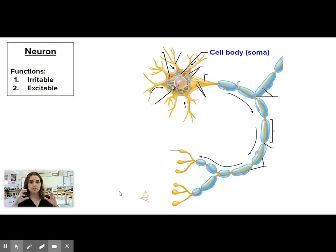First off, the head, the big round portion of your neuron, is called the cell body or the soma. That's the special name we give to the cell body of a neuron. But this is where you're going to find most of the organelles in the nucleus. Speaking of nucleus, there it is. Speaking of other organelles, there's the mitochondria. They also have rough ER,